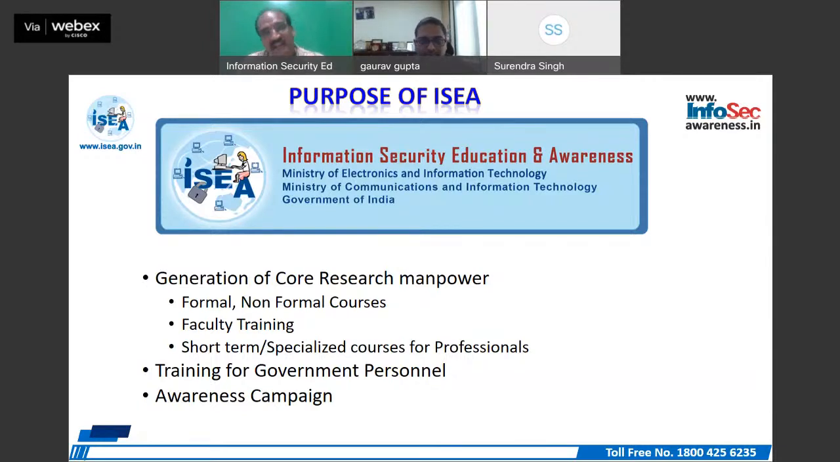We are also doing a faculty training program as part of this program. Once we upgrade the skills of the faculty, they will be able to deliver their services effectively, and the learning also happens in a fruitful manner. We are also organizing short-term and specialized courses for professionals, especially training of government officials who are already in service. If we are able to build their capacities, they will be able to deliver their services effectively. And we are also doing an awareness campaign nationwide,